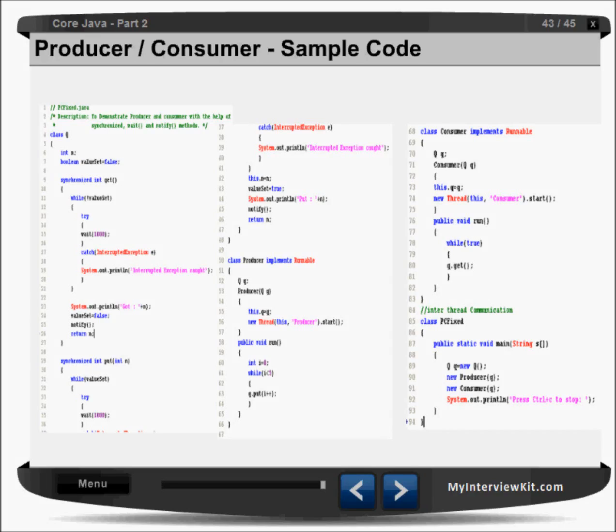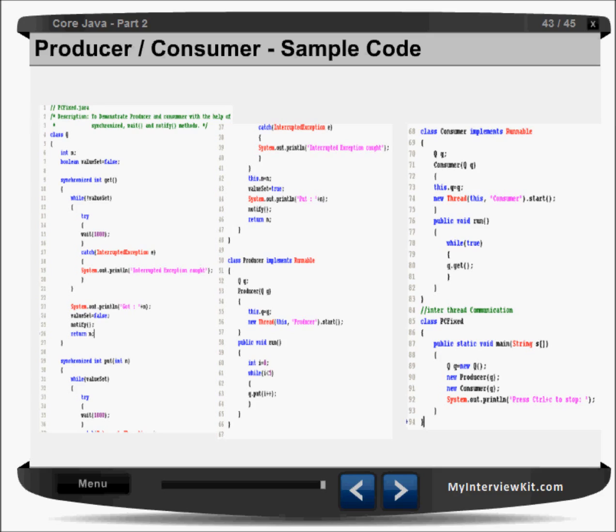Hi guys, we understood the thread concept, how to create a thread, how to create a multi-thread application, and how to use some methods regarding the frame, and how to use synchronized with threads, how to make a thread safe,